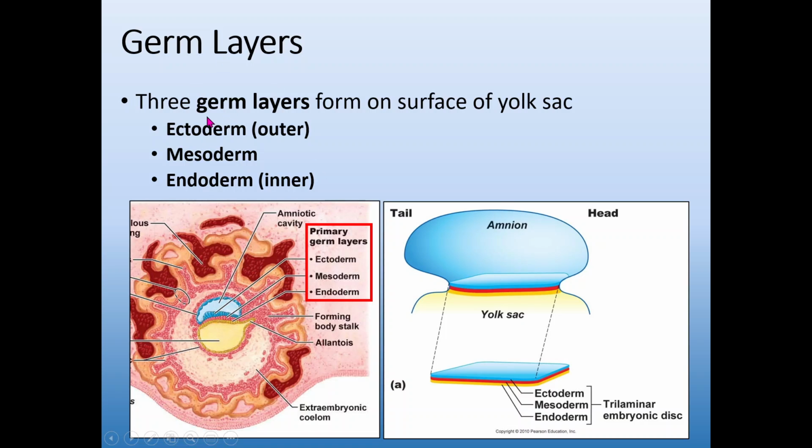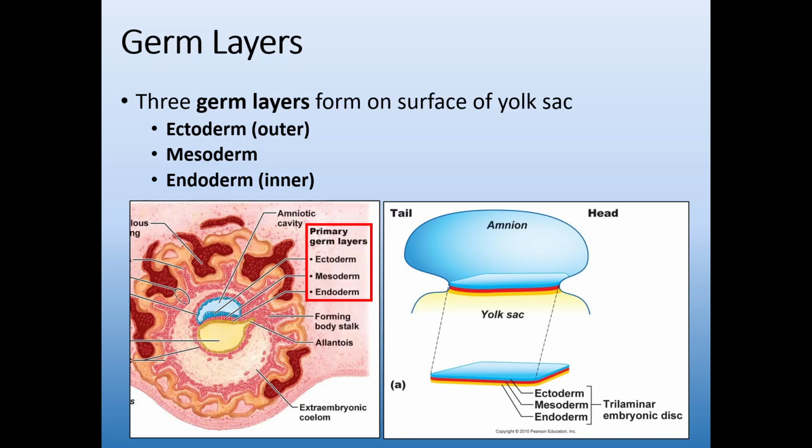We've seen them before, but just to reiterate, these are called germ layers. The outermost is the ectoderm, the middle is the mesoderm, and the inner is the endoderm. Now I say outer and inner because that's what they're going to become. At this stage, they're just linear. They're just sitting one on top of each other. The ectoderm is closest to the amniotic sac, and the endoderm is closest to the yolk sac. So if you look at this more cartoonized version, here's your 2 sacs, and then the linear division of these 3 cell types, or 3 cell layers.